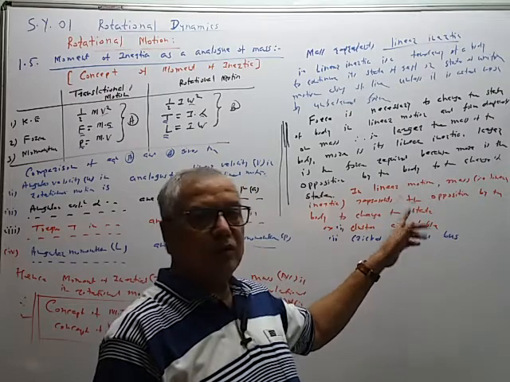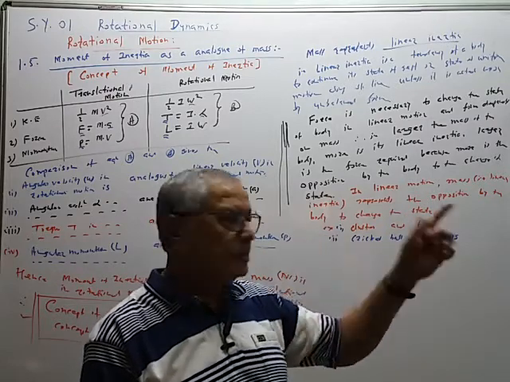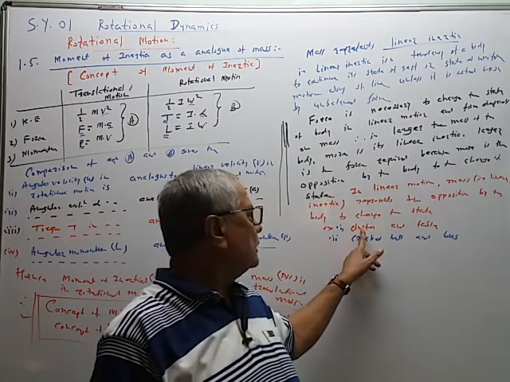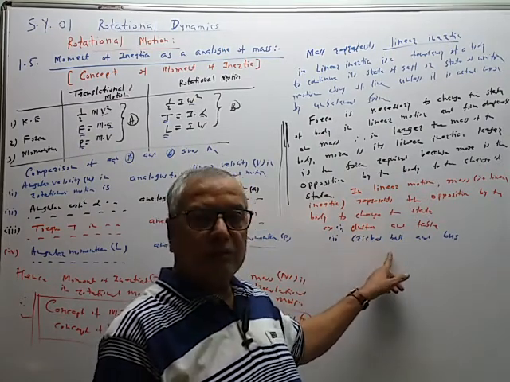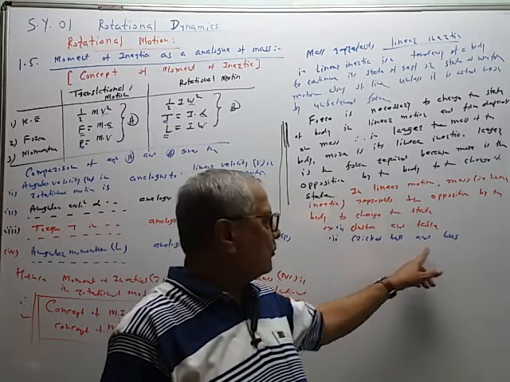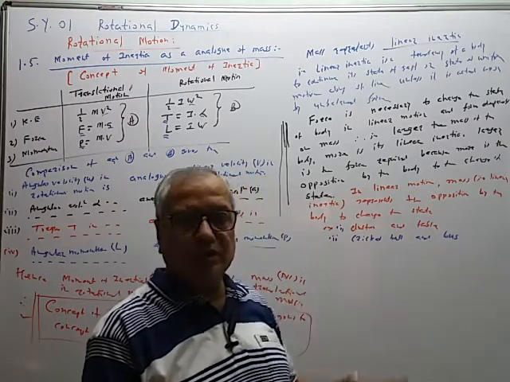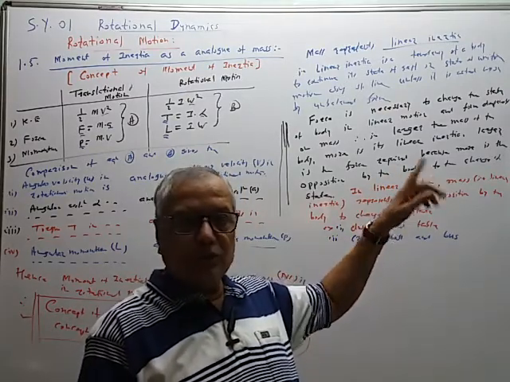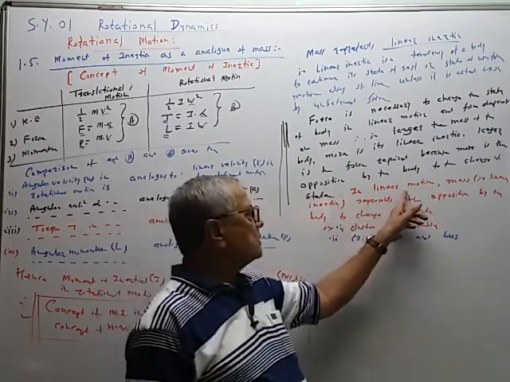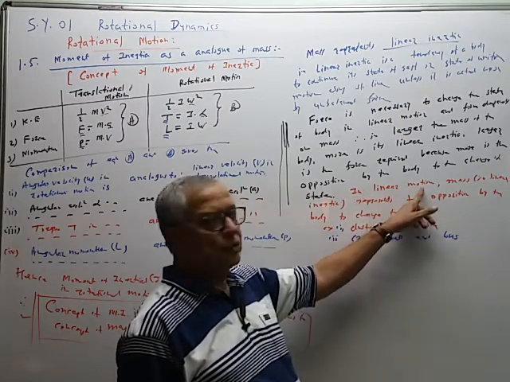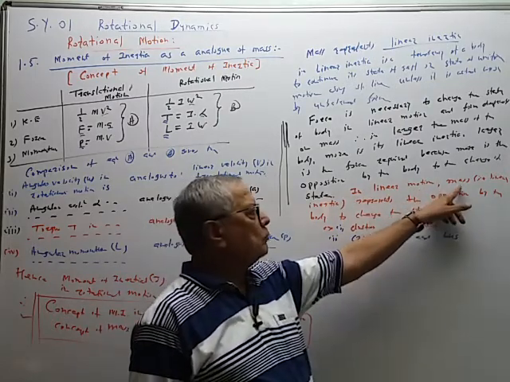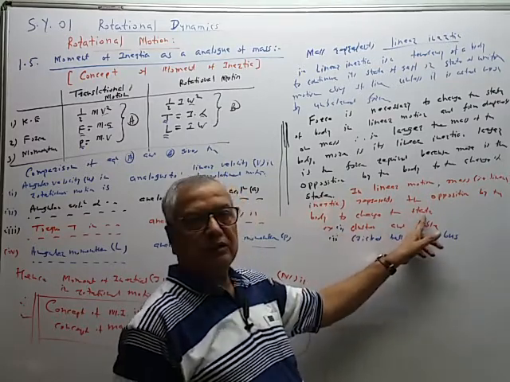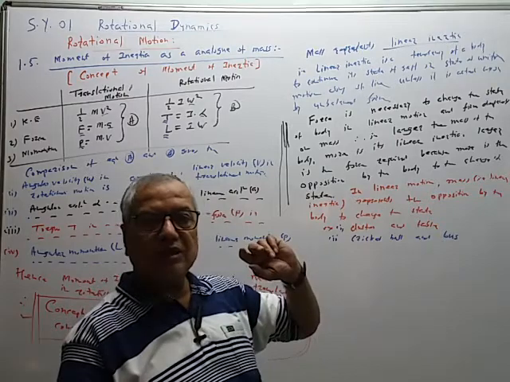Duster and table were to change their state from rest to motion. More force is required for the table than this duster. When we are to stop the cricket ball, small force is required. When we are to stop the bus, tremendous force is required. So the same concept is used in rotational motion. I will repeat the same sentence. In rotational motion, moment of inertia represents opposition by the body to the change of state. So to change the state, we require the torque.